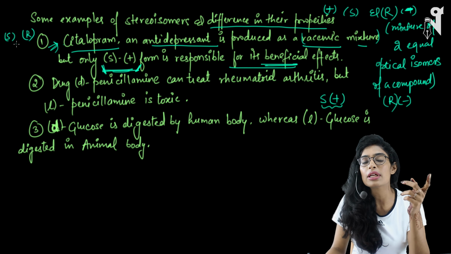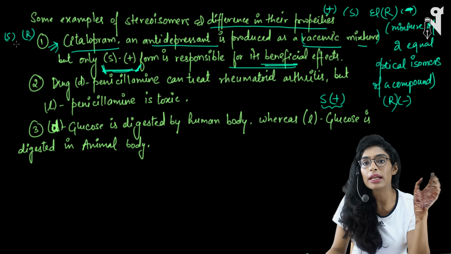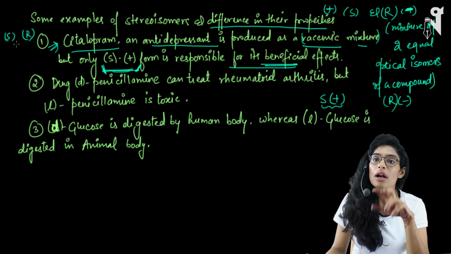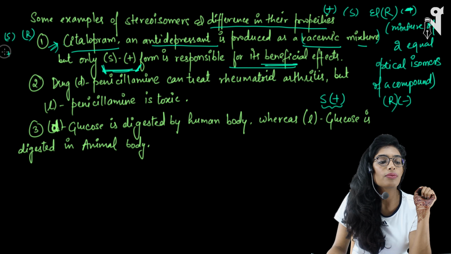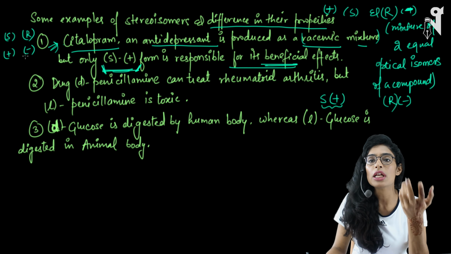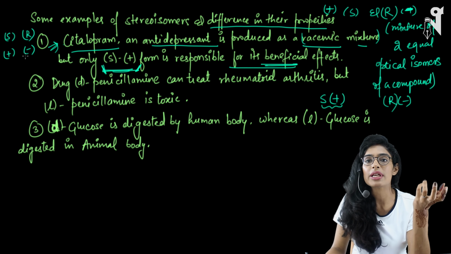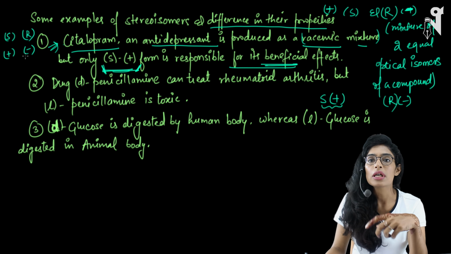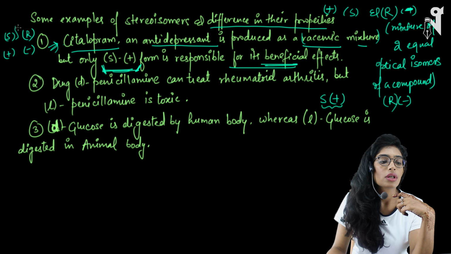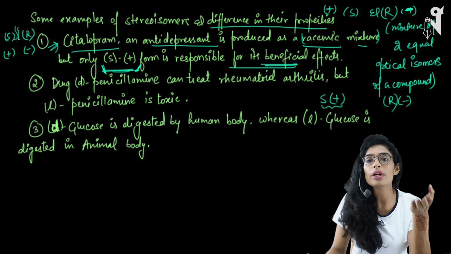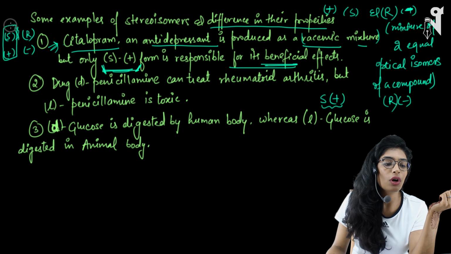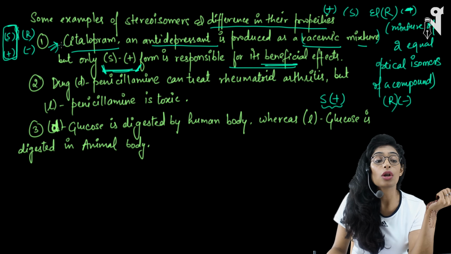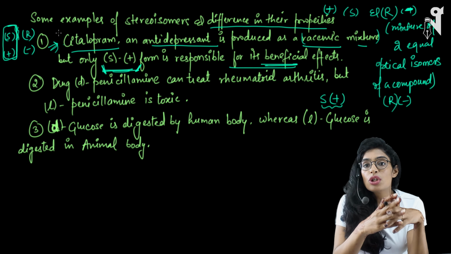S and R, you can just take it as how we have learned cis and trans in alkenes. Exactly same way there are isomers which are called S and R, and similarly there is a rotation which is plus and minus, which I'll be telling you. I mean, the optical isomers can be represented by plus and minus. So these are some forms of a particular compound in different isomeric forms. So the S and plus form of this compound citalopram is actually beneficial.